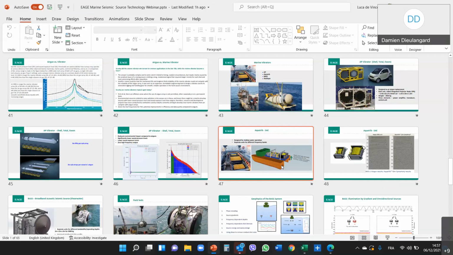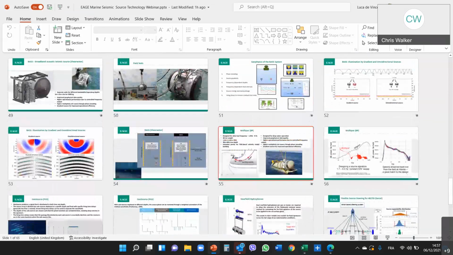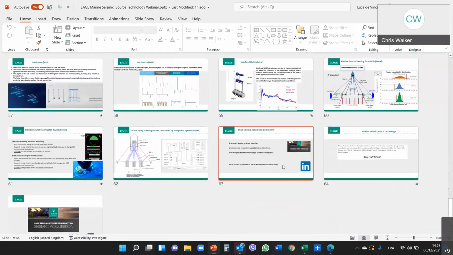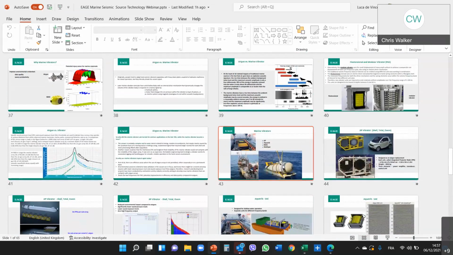I think that, Damien, that's a very good point, because one of the things that people tend to forget is that the airgun reliability, as Tim says, is fantastic, but you're driving it from compressors, and those compressors require significant maintenance and staff on board the vessel. If you look at the overall system with a marine vibrator, with the power drive and all the rest of it, it's actually simpler, and you could conceive of an unmanned marine vibrator source vessel much more easily than an unmanned airgun vessel, because you don't have compressors on board.